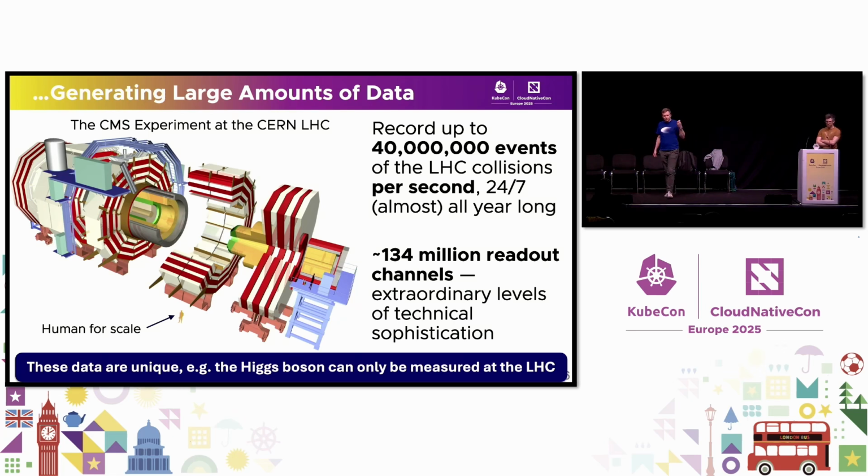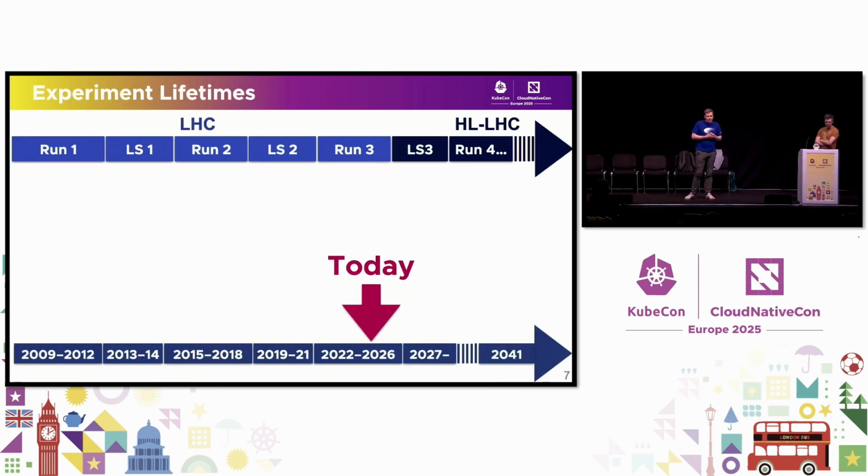Now, what is really important is that these data are unique. This experiment, together with the ATLAS experiment, was used to discover the Higgs boson. And we can only measure and further investigate the Higgs boson at these experiments. So this is really unique and valuable data. Now, if we want to keep continuing